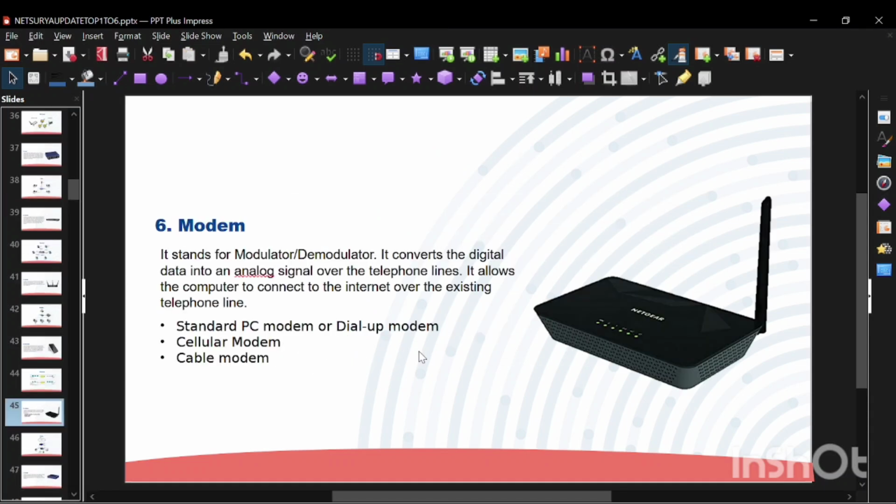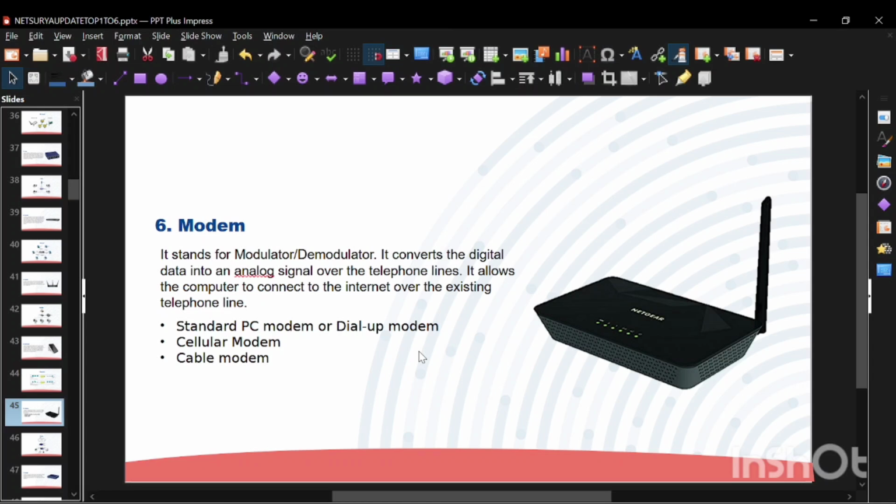So what is a modem? Imagine you want to send a handwritten letter to your friend who lives far away, but the postal service only accepts typed letters, not handwritten ones. So you need someone to convert your handwritten letter into typed text before sending it. And when your friend receives it, they need the text converted back into handwriting so they can read it easily. For example, you are like your computer sending data, and the postal service is like the telephone or cable line that only understands typed text.